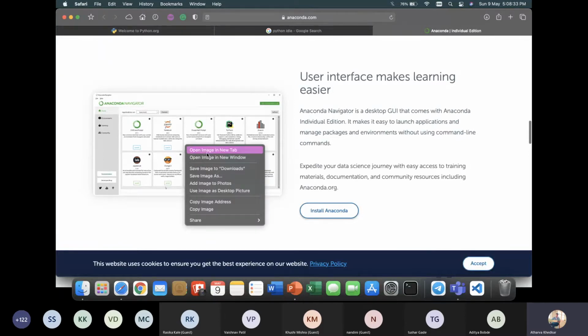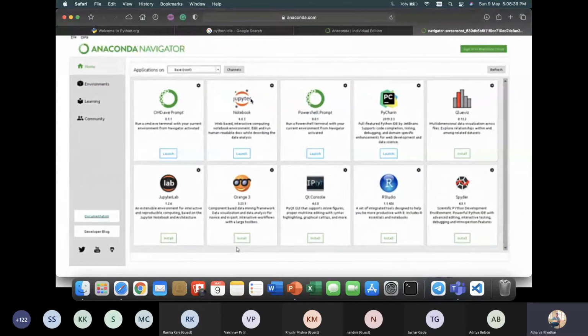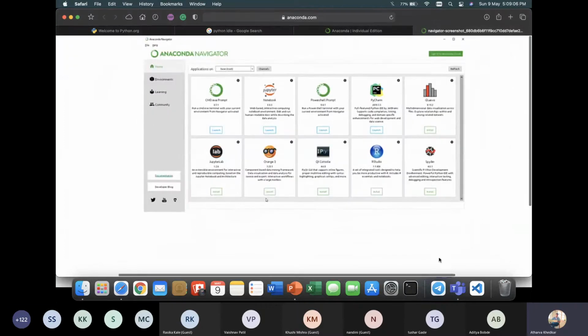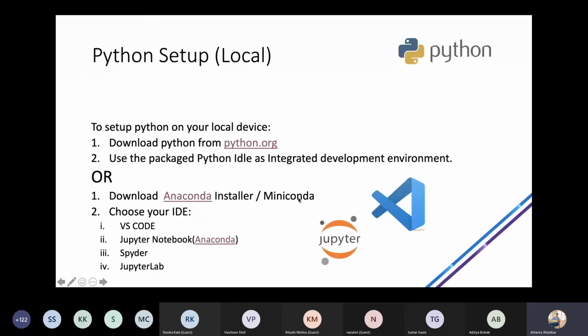Let's see if it can be seen in full screen. Okay, this is the maximum resolution they have. So you will see this kind of UI, and you can launch a Jupyter Notebook, which is just an IDE, an integrated development environment, or a notebook where you can write your Python code. Another option is JupyterLab. Like Jupyter Notebook, JupyterLab is kind of similar. It's just about which platform you prefer to write your code on. Another thing that you can use is Visual Studio Code, that I have with me. Downloading the Anaconda installer, or Miniconda, which is just a short version of the Anaconda installer without GUI.